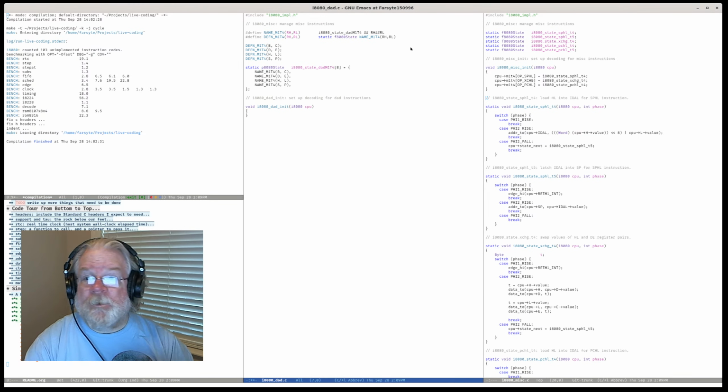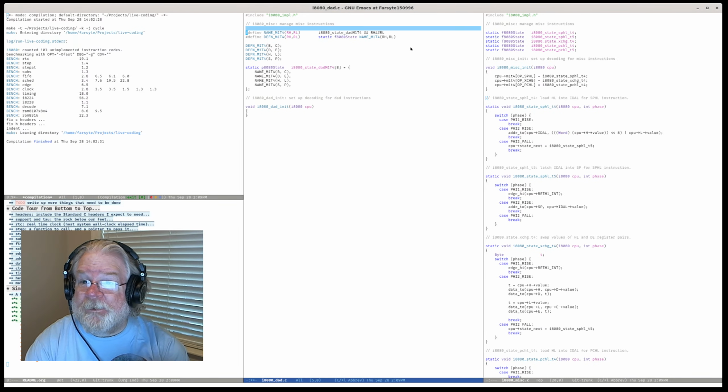Okay, so M1T4 is going to trigger M2T1 to do the right thing, so we need M2T1.